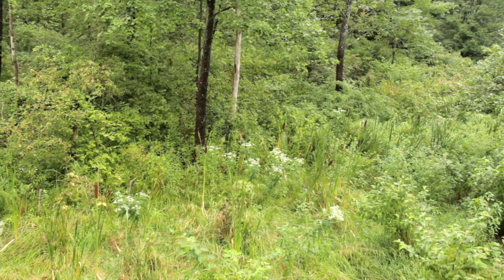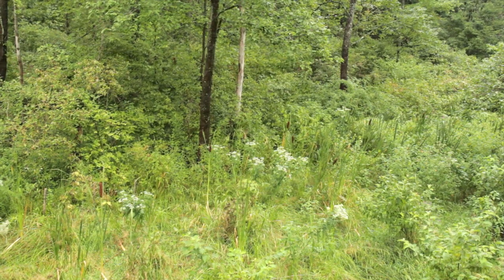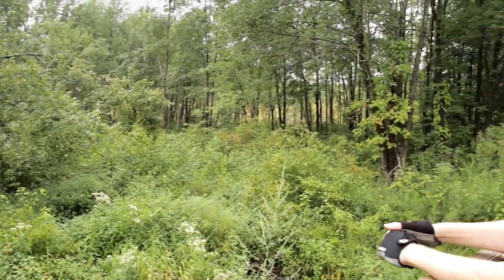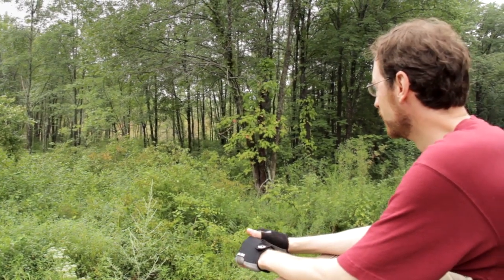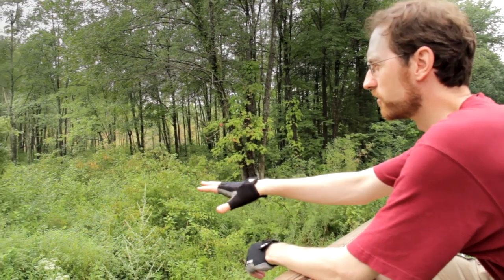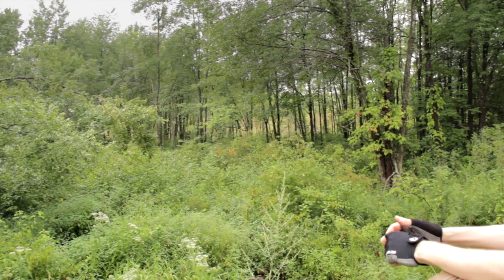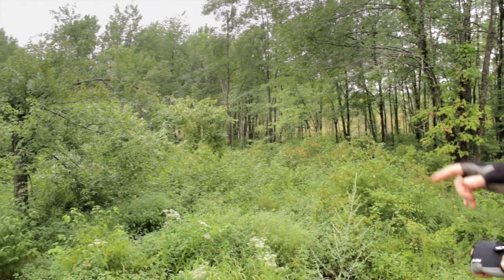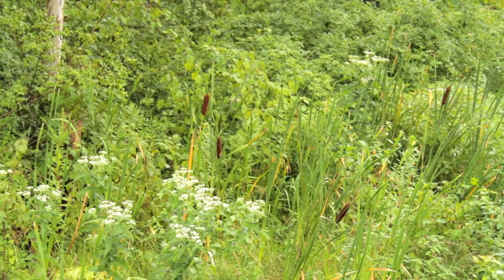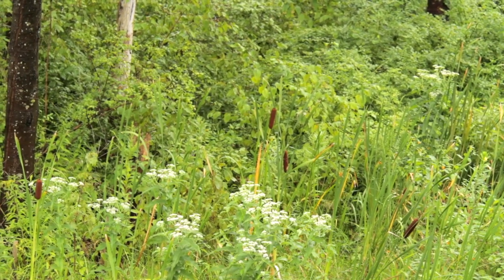Water's probably more present year-round right in this area. Maybe it's a slightly lower elevation than the rest of the swamp, and so it doesn't support tree growth. Down over here it looks like it might even be wetter, so it's more herbaceous dominated with the cattails, and there's this white flowered plant called boneset, and of course the